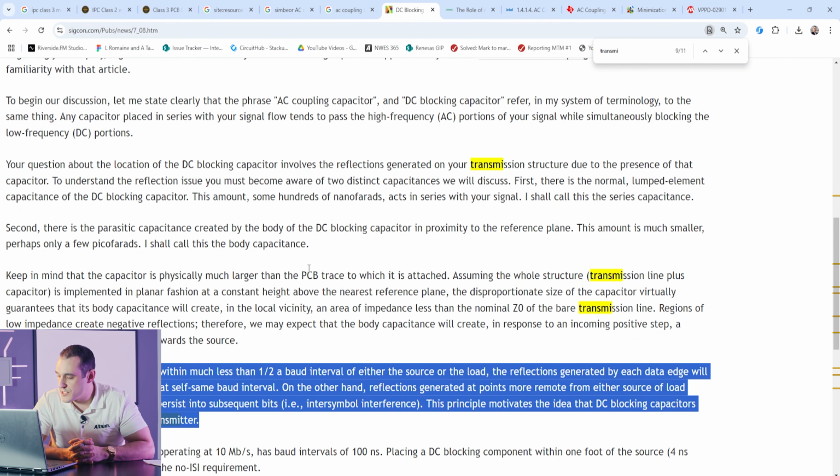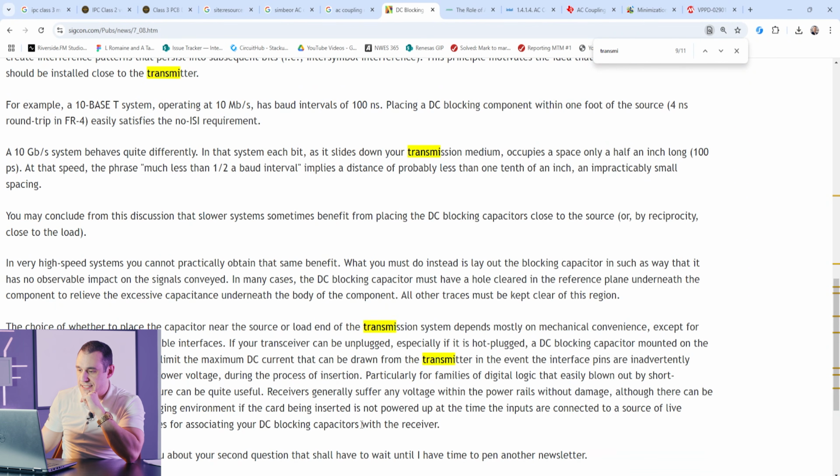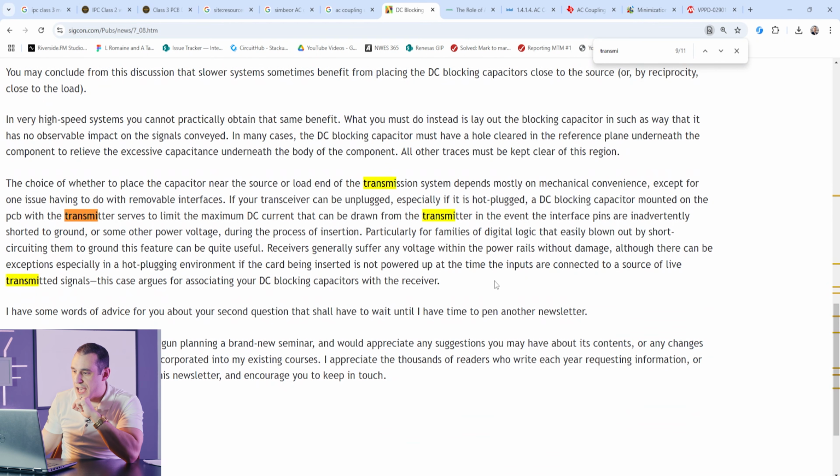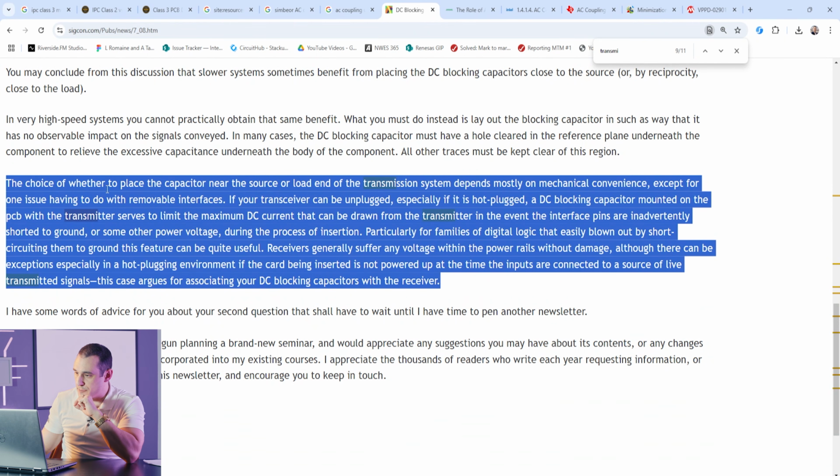And so that motivates placing those coupling capacitors closer to the transmitter. Now let's see what Dr. Johnson has to say about placement at the receive side. If you scroll down, you'll see here there is a paragraph about placement at the receive end, and one of